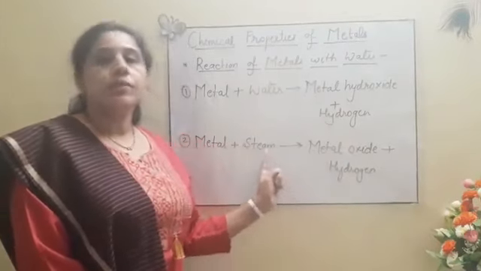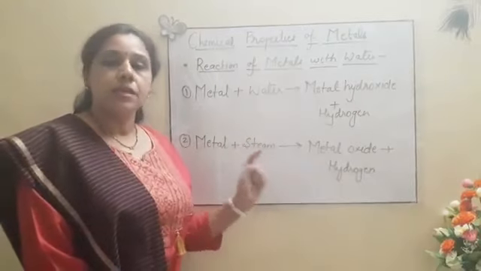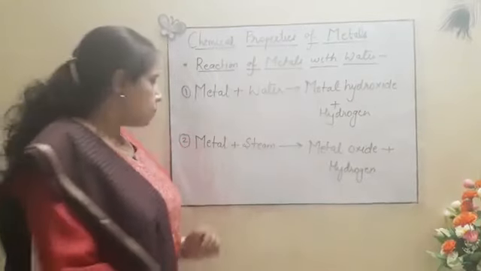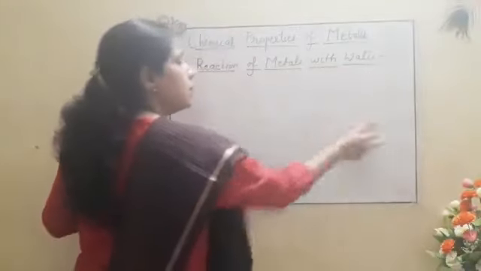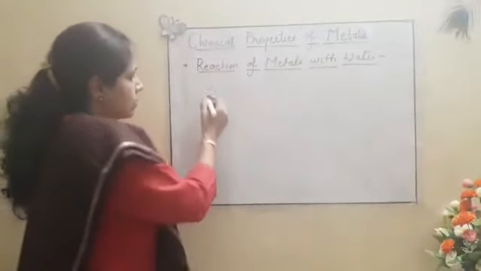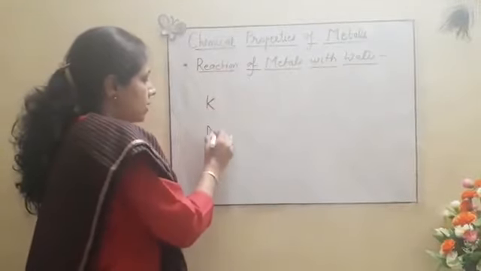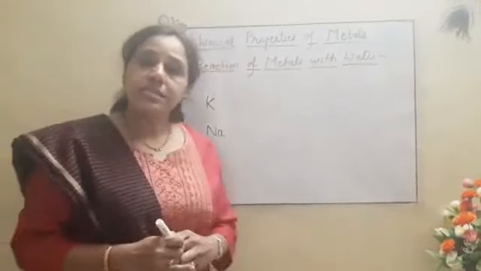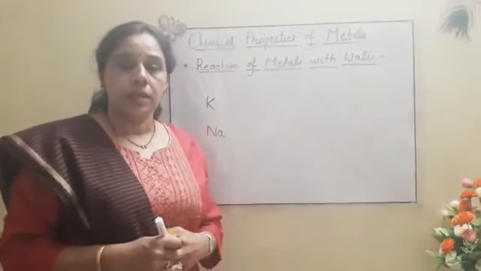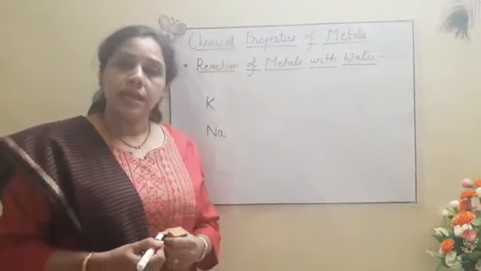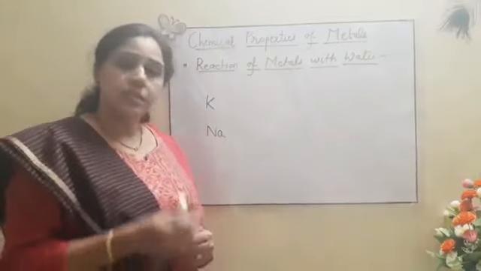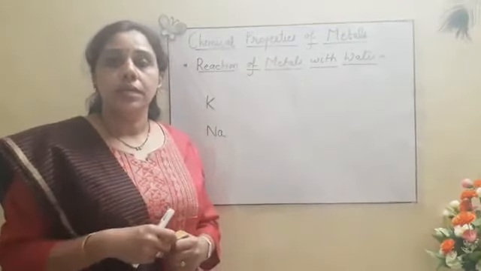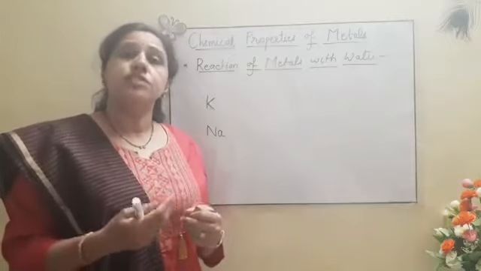Now first of all, we will discuss the reaction of metals with liquid water. Examples of such metals are potassium, sodium, calcium and magnesium. Now amongst these four, potassium and sodium react vigorously even with cold water. The reaction is so much exothermic that the heat evolved is enough to burn hydrogen gas. So it is observed when the metal piece is added to water, the piece of metal catches fire.